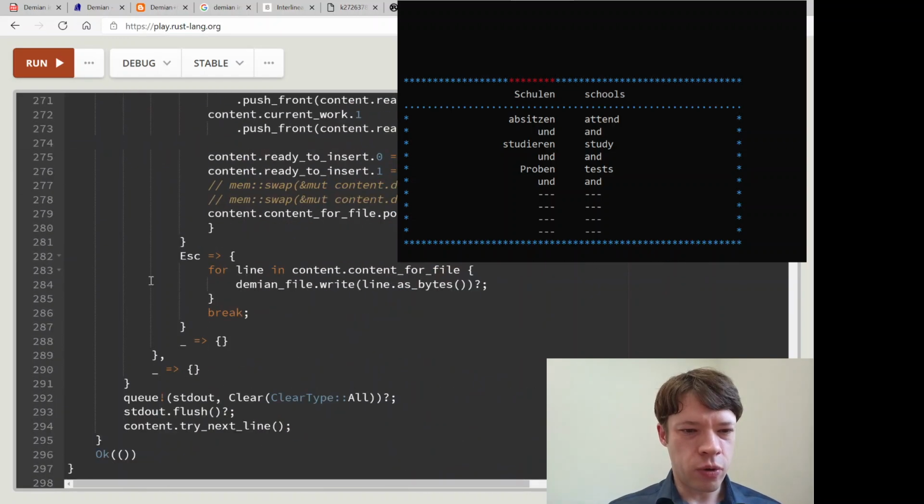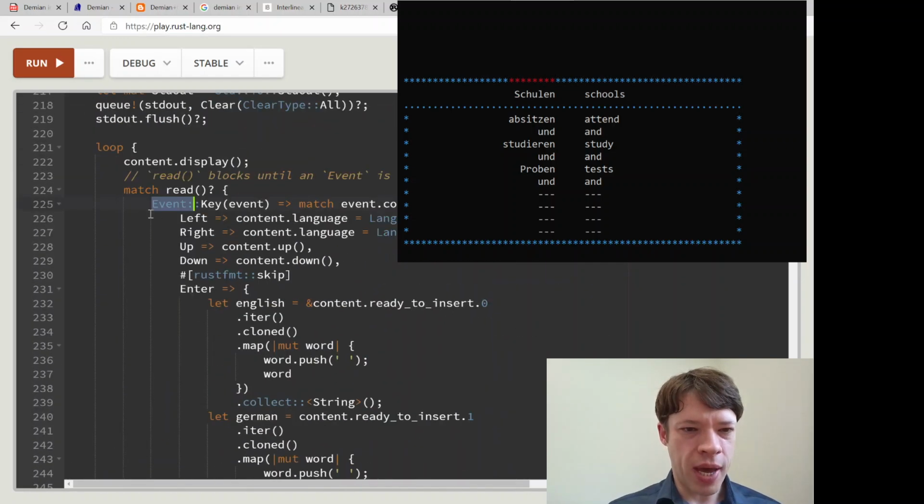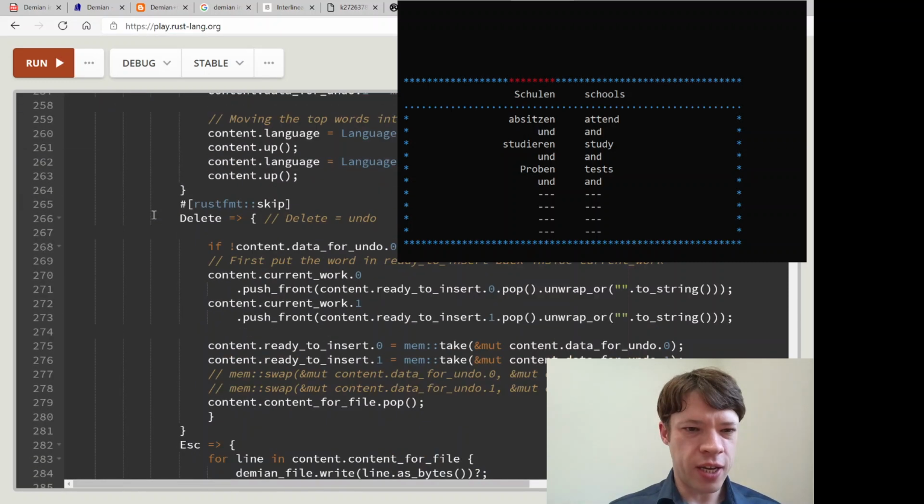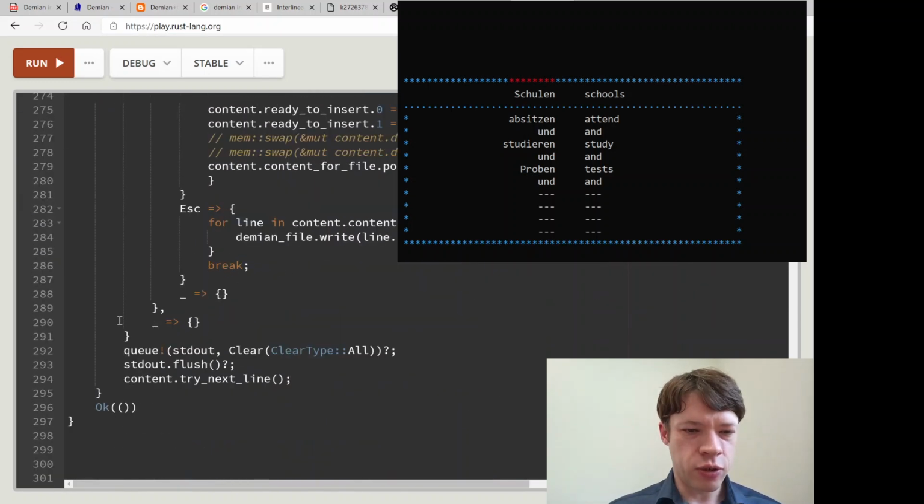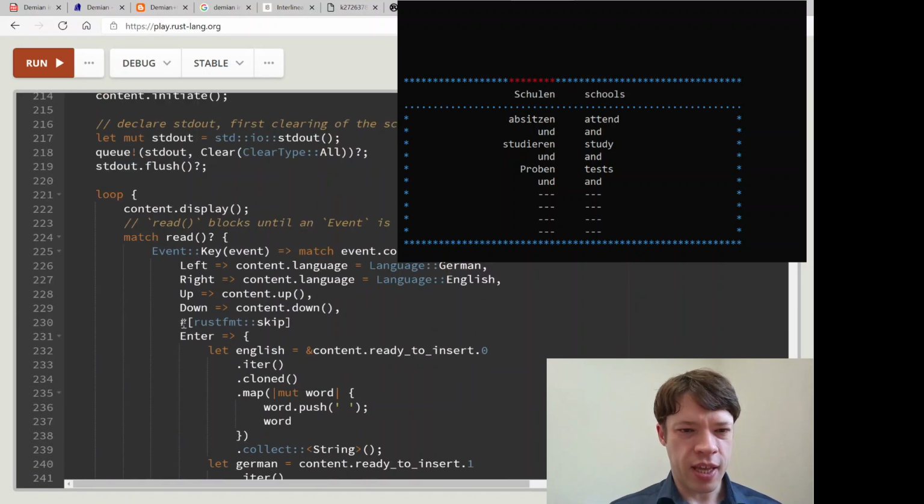If you go down to here, you can see it's a really long match, but it's only one thing. I only care about key events, and for anything else, Rust is going to make sure that I'm checking for that. So I'm saying here, I don't care about mouse events. I don't care about screen resizing. Just do nothing if anything else happens. And then Rust will be satisfied with that.